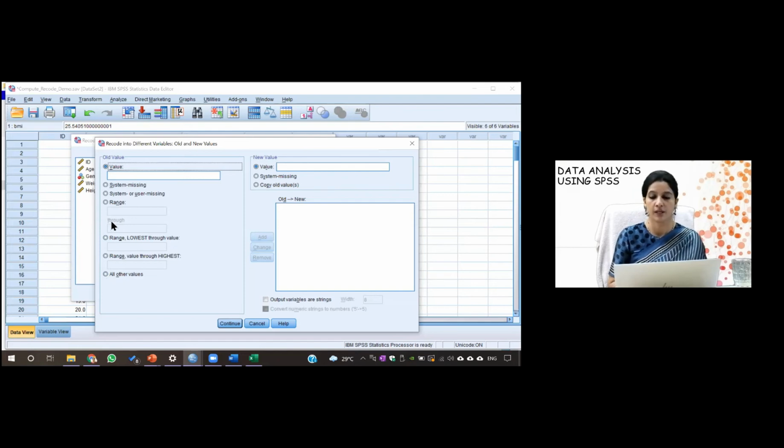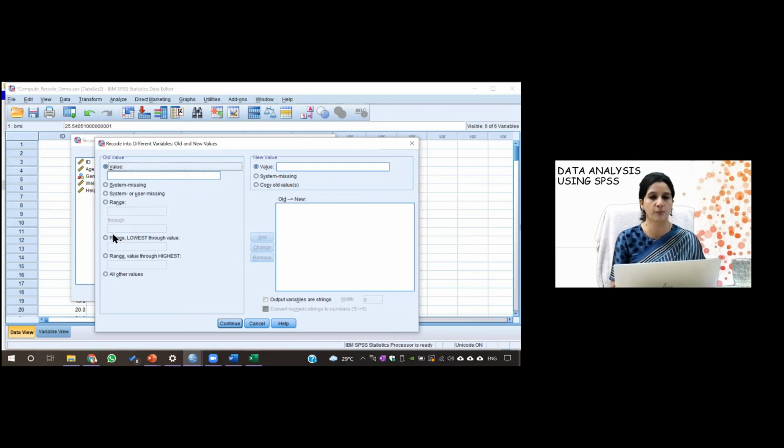Now if I'm using the criteria of BMI, I'm using the WHO criteria, and less than 18, I say that it is underweight. So what I'll do is write here lowest through. This range gives you the range between.